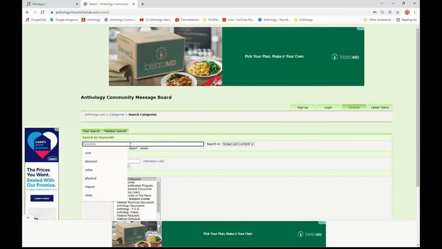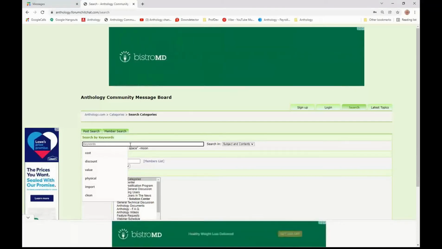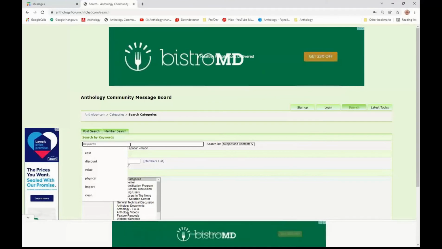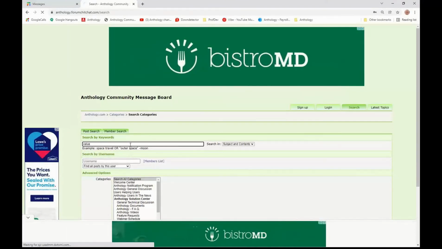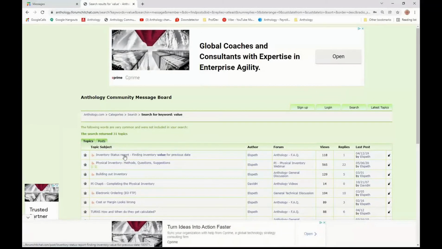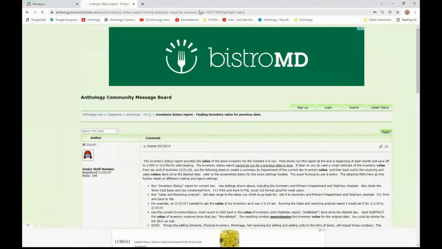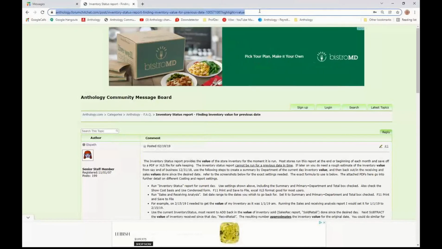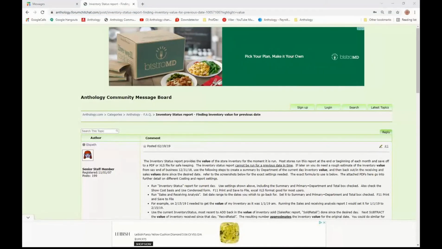I wouldn't say it's going to be down to the very penny, because there's little bits that, something got lost, little things like that. Let's just do value, I think is the one I searched for. So, inventory status report, finding inventory value for previous date. For those who are accountant minded, feel free to look at that and say, hey, wait a minute, you forgot